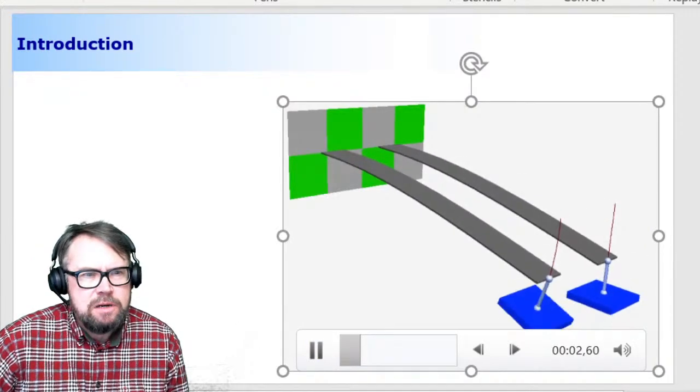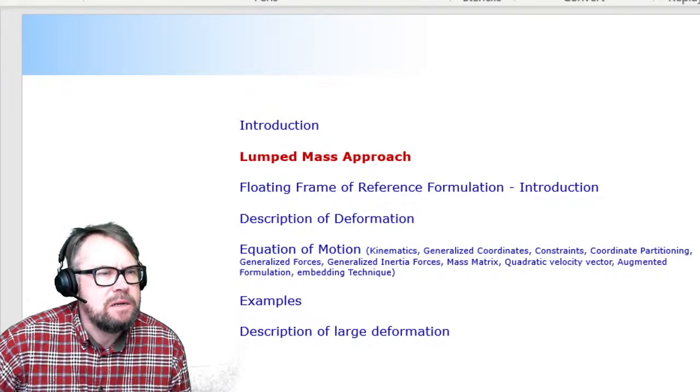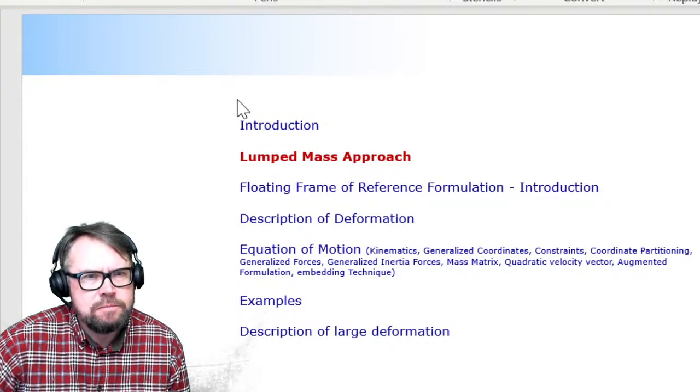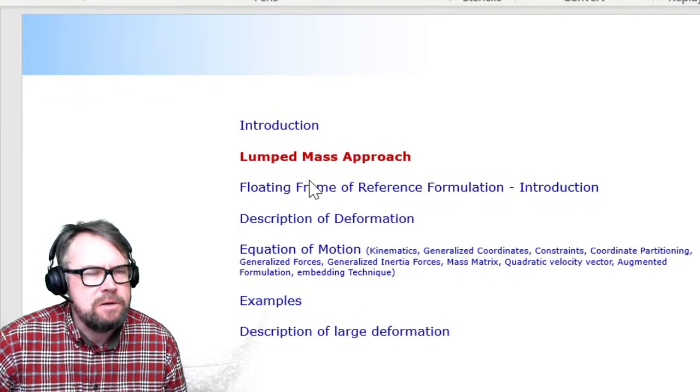So now let's move on then. Lump mass approach. And let me check if there are any comments, any questions. By the way, there are going to be, of course, team sessions right after this